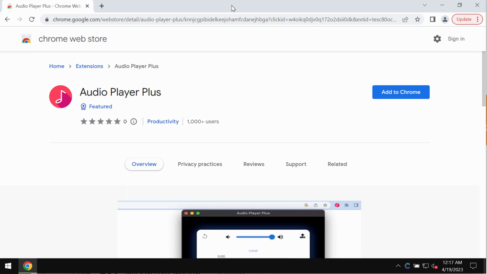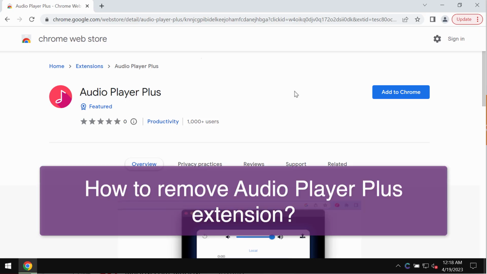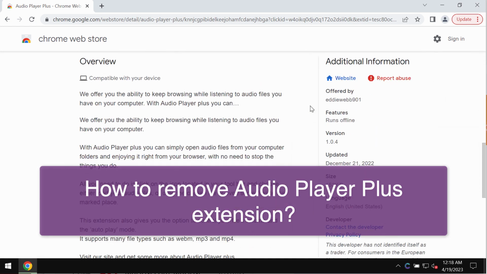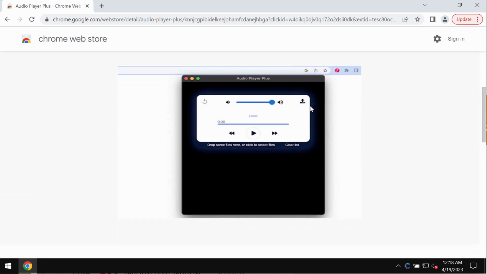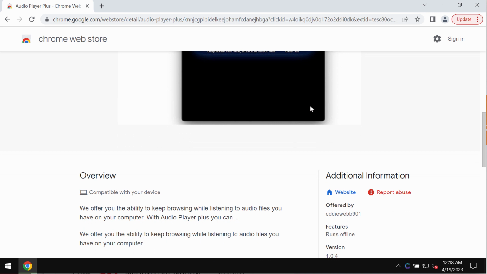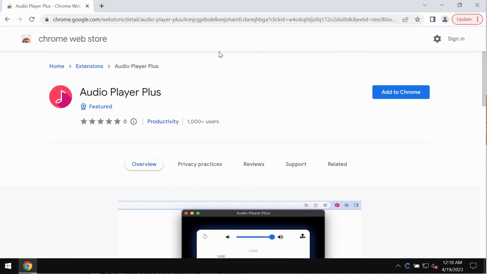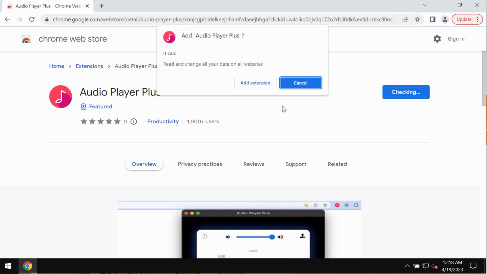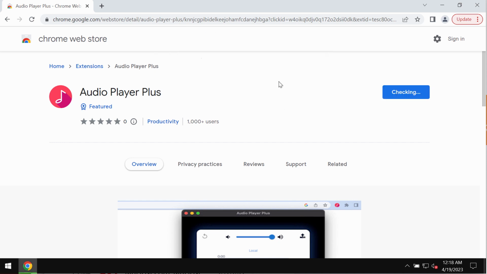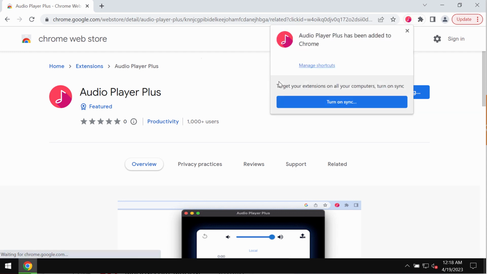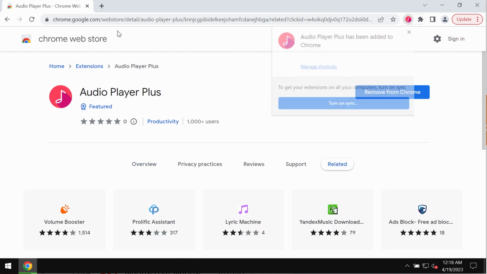This video is about getting rid of the unwanted browser extension called Audio Player Plus. This Audio Player Plus is the unwanted browser extension designed specifically for the Google Chrome browser. Once installed, the Audio Player Plus extension starts to display a huge portion of intrusive advertisements not related to the sites